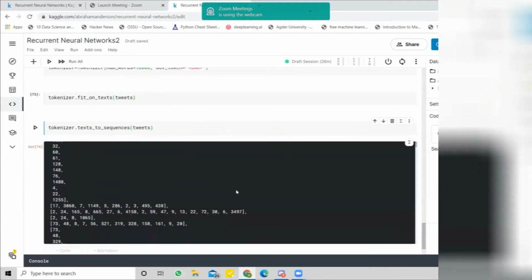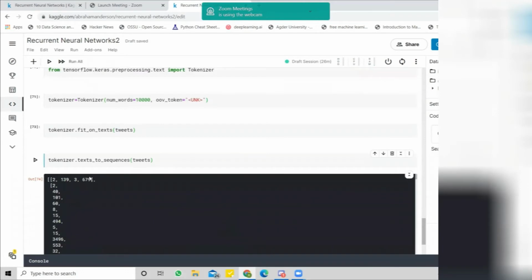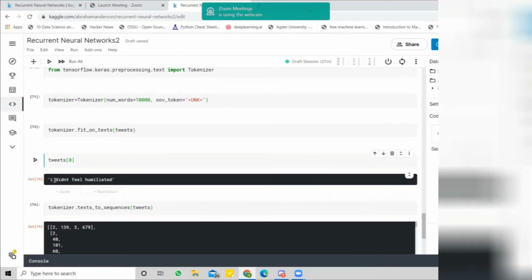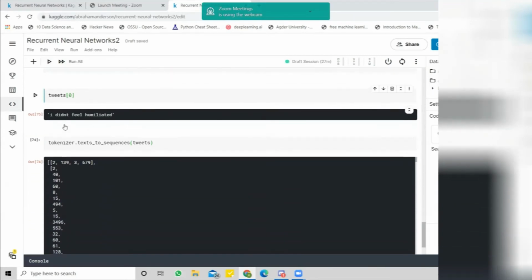Now it's working. As you can see, this is our first tweet. It's represented by these numbers, and I will show you what our first tweet includes in our training set. As you can see, this tweet includes 4 words.